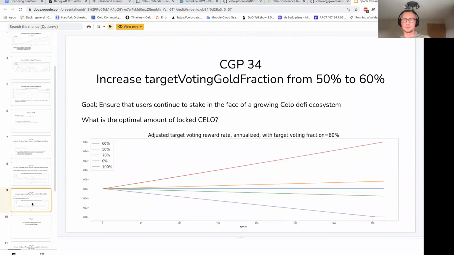So we also proposed that, if we left the values as they are right now, the voting reward rate would slowly start to be decreased by the dynamic adjustment. In order to prevent that, and to keep the voting rate rather constant for now and for the next years, if the voting fraction doesn't change by too much, we propose to also increase the target to 60%. What you can see in the chart is just the updated numbers. If the numbers did not change much with a 60% voting fraction, that would be the blue line. Then the voting reward rate would barely be touched by the dynamic adjustment.